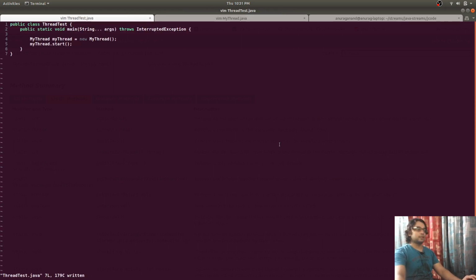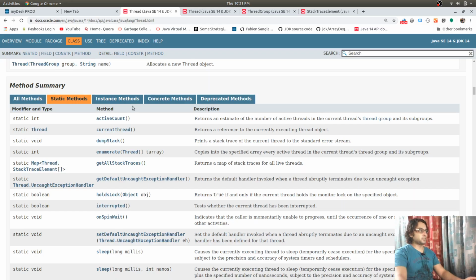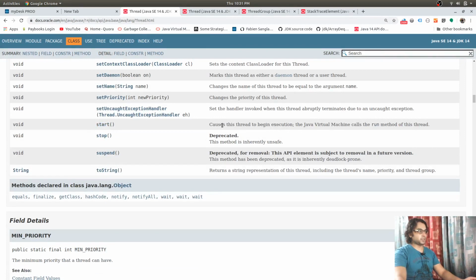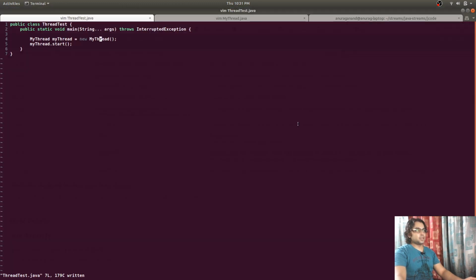So the point is, now you know that we use the start function to start a thread. You can see over here, it causes this thread to begin execution, and inside the Thread class, the start function calls the run function.